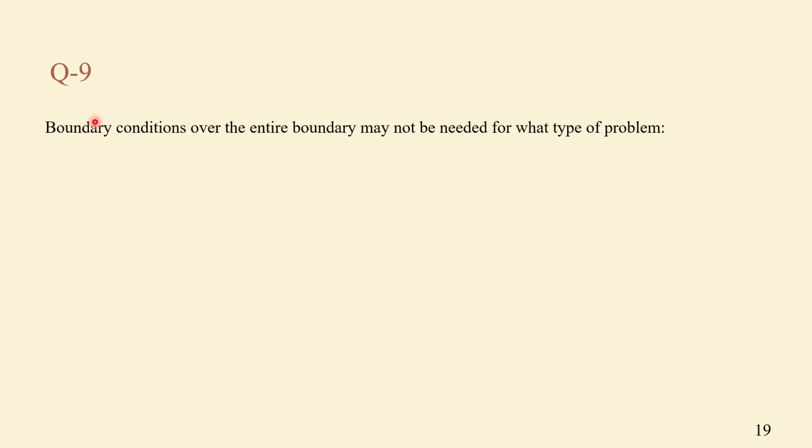We'll go to question 9. In question 9, it is mentioned that boundary conditions over the entire boundary may not be needed for what type of problem? Option A, parabolic. Option B, elliptic. Option C, hyperbolic. Option D, none of the above. So actually,